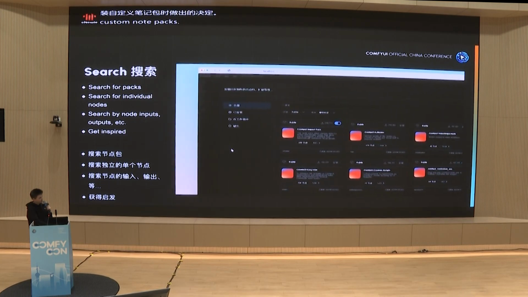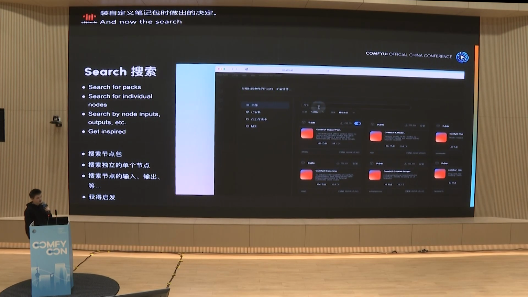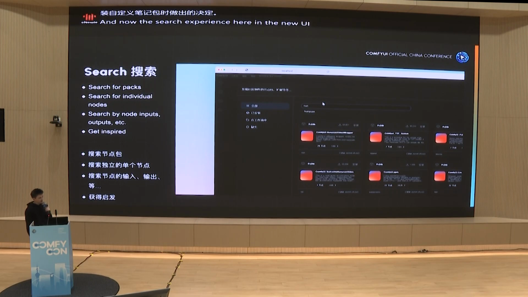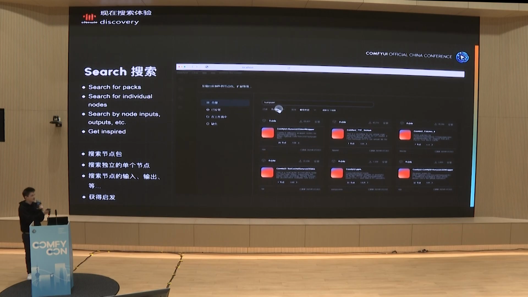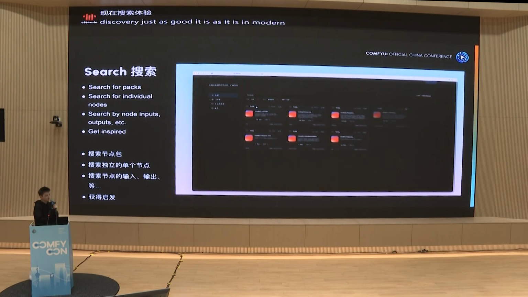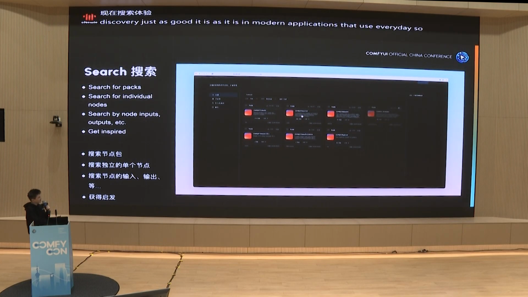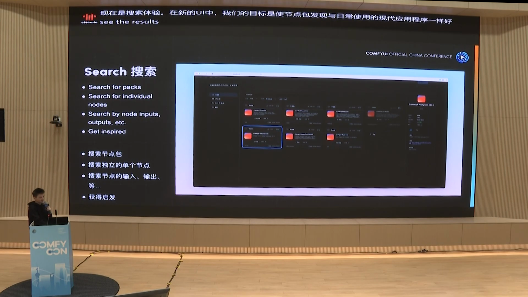And now the search experience here in the new UI. We had the goal to make node pack discovery just as good as it is in modern applications that you use every day. So you can see the results appear very fast. And there's also search suggestions. In this video,